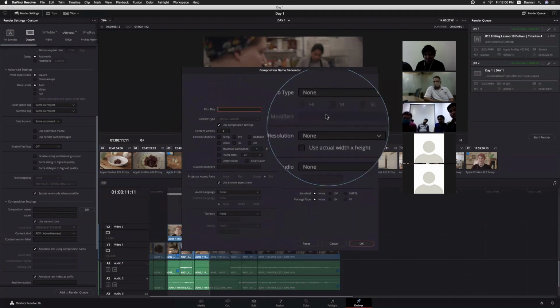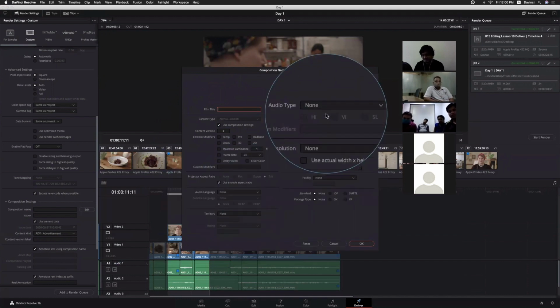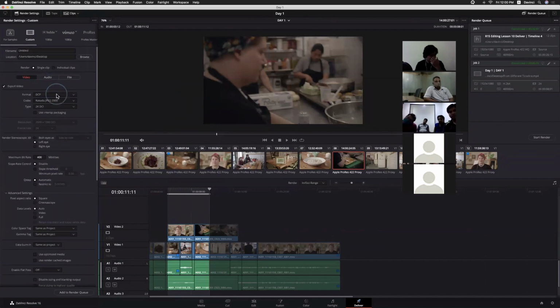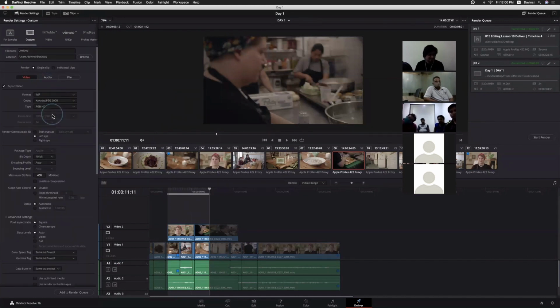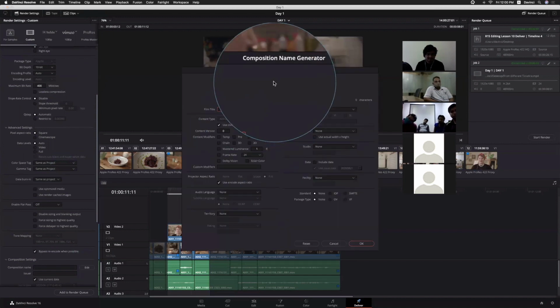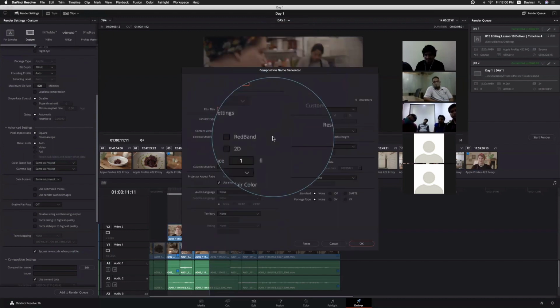That means we have lots of professional options for the movie people. For each setting, you will see different options, like composition name generator and everything.